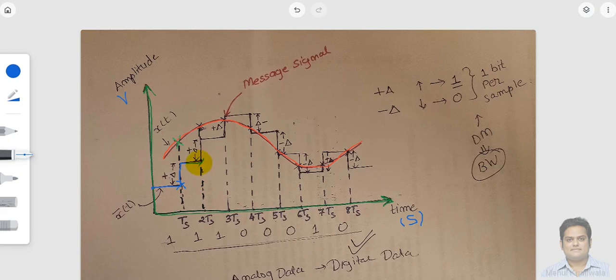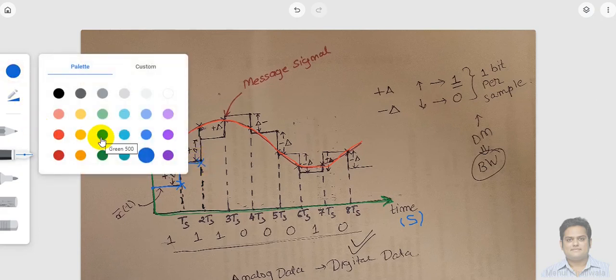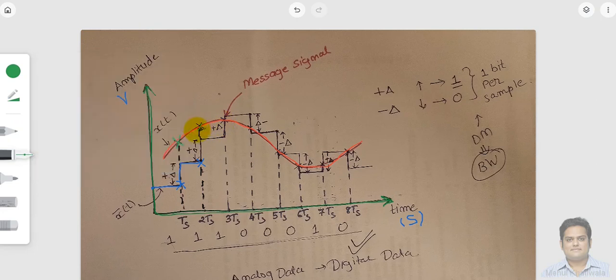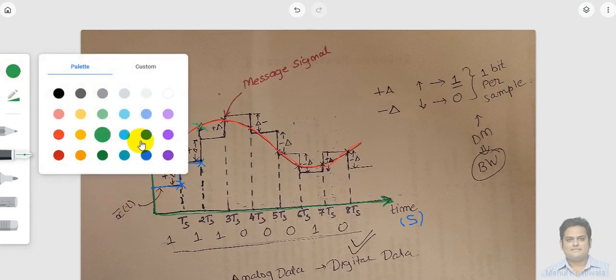At this point, I need to recheck the values of x(t) and X bar of t. This is your x(t), this is your X bar of t. Again we can identify that x(t) is greater than your X bar of t. So again we are going to go upward by delta step.